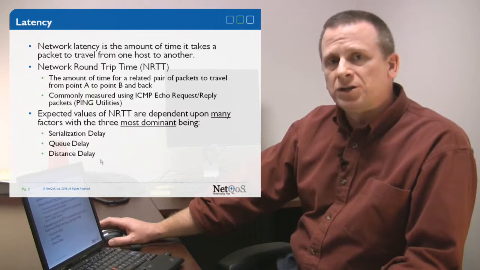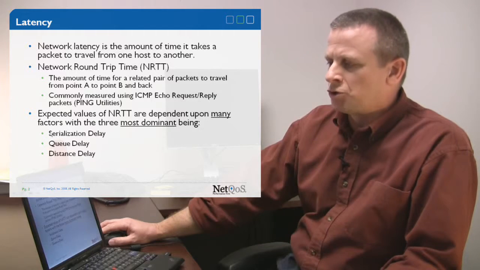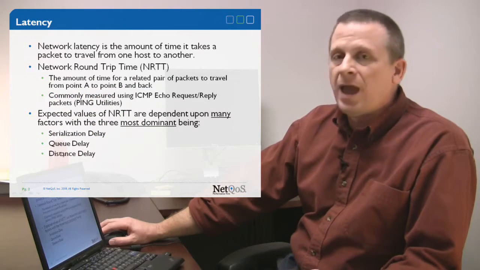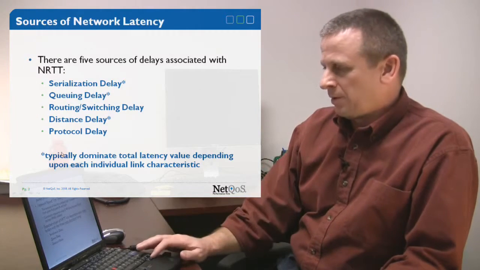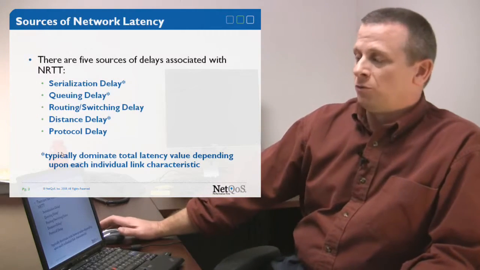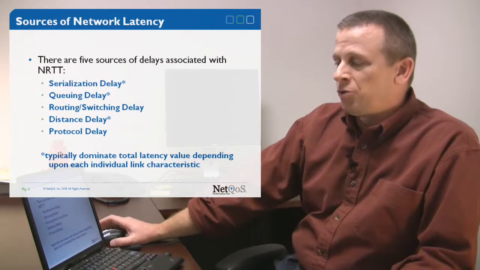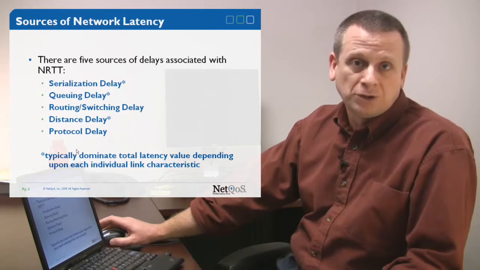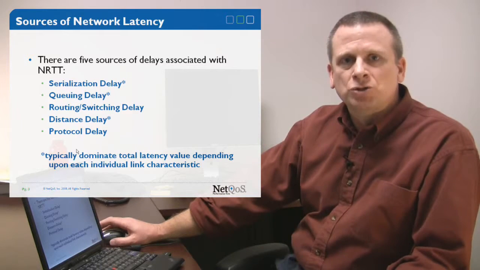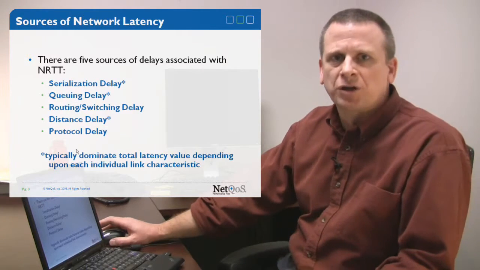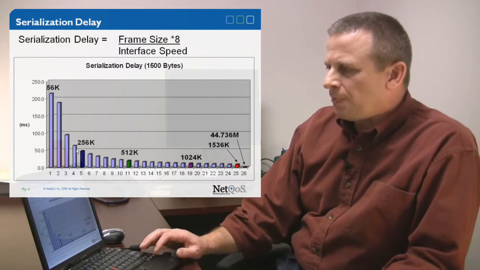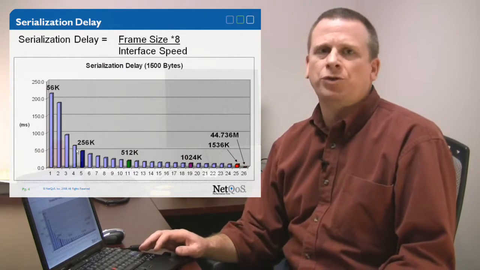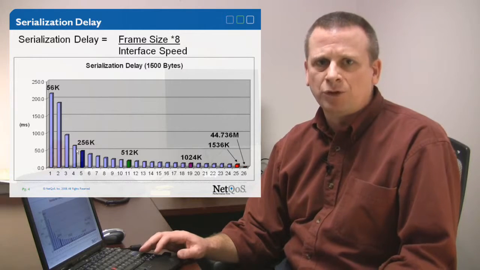The 3 most significant sources we are going to talk about are serialization delay, queuing delay, and distance delay. Right? Now there's 5 total, those being the most significant. The others consist of routing and switching delay and also protocol delay. And we're going to break each of those down in some detail for you so you have an understanding of these. Right. Serialization delay is when you talk about bandwidth or increasing bandwidth or not enough bandwidth, what you're really